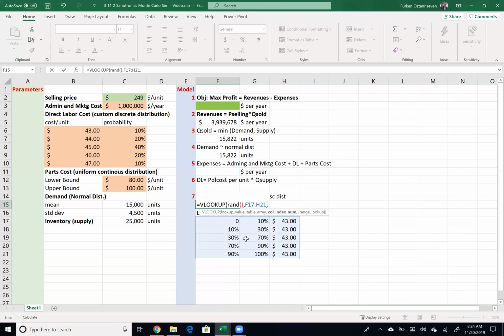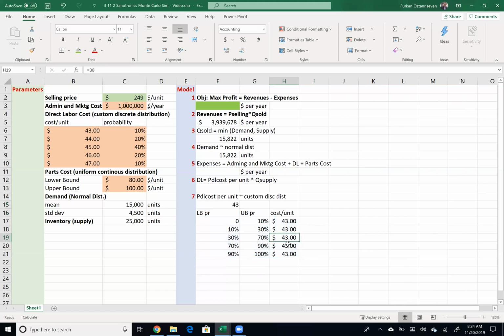And then based on that, I'm going to get column 3 numbers. So I just need an approximate match, because whenever a number is between these two, I want to get the first row. Between these two, 43, and so on. All right. So it looks like